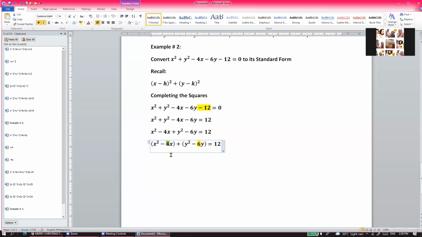Alisin nyo muna yung negative. Anong sagot? 2. And then after mong nakakuha ng 2, sa sagot na nakuha mo, yung quotient na nakuha mo, square pa uli. Anong sagot? 4. So una, 4 divided by 2 equals 2. And then follow up, 2 squared is equal to 4. Ang ibig sabihin, 4 is the right number na i-add ko sa binomial na yan. At kung mag-a-add ako dito,